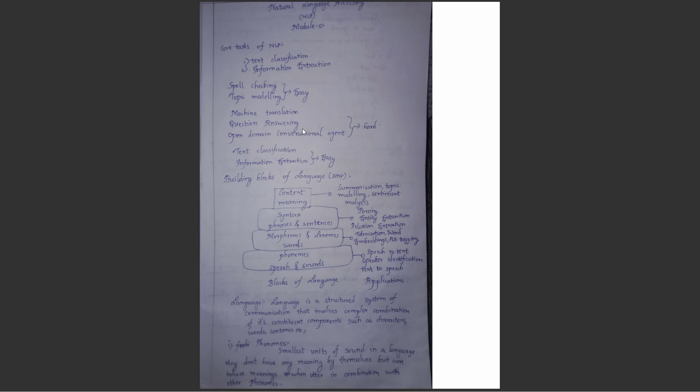They don't have any meaning by themselves, but they can produce meaning when combined with other phonemes. Two phonemes combined can have a meaning, but a single phoneme may not have a meaning. These phonemes are used in applications like speech recognition, text-to-speech, and speech-to-text conversions. For example, if I keep two slashes and in the middle I keep B, then it represents bat. Similarly, K, cat, D, dog, F, fan. These are all consonant phonemes.